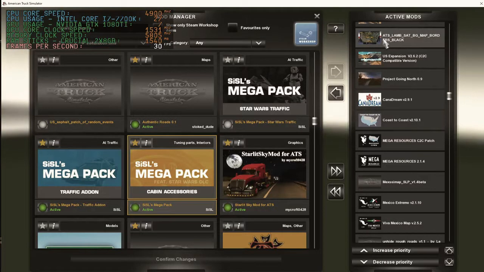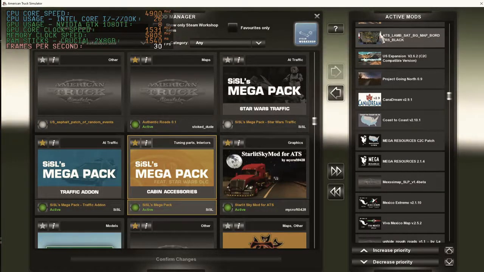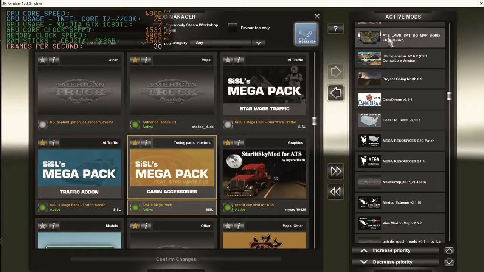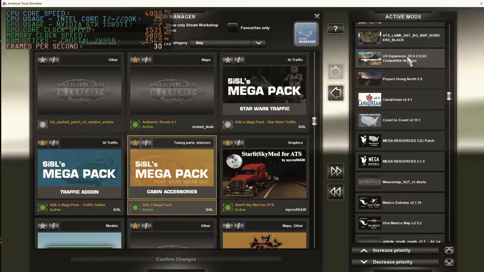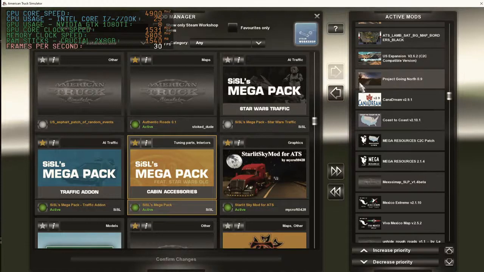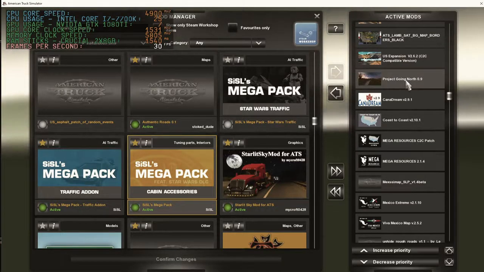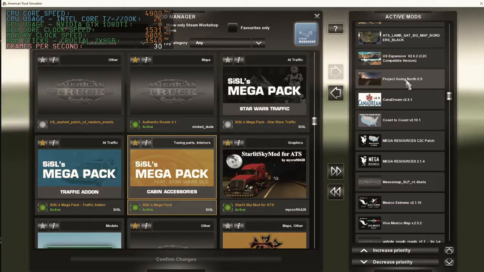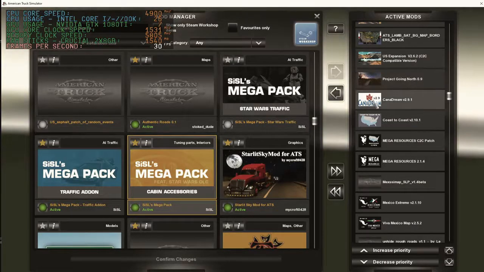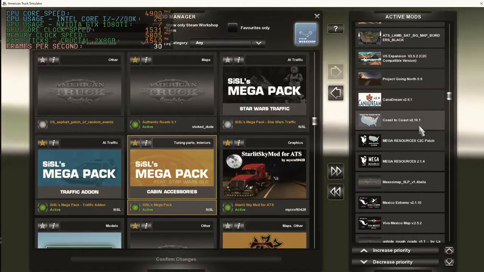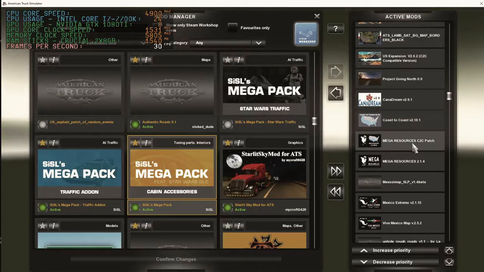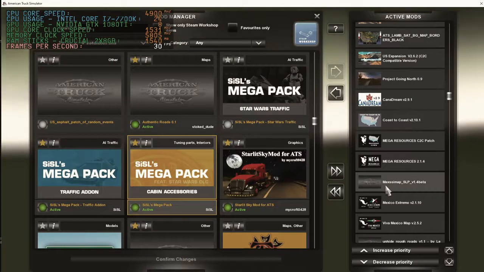So starting at the top is the satellite image for your main map, at the very top, and then you have US expansion underneath, project going north. I can't get project north to work in mine, which I understand is a more updated version of this, but this works with this setup. Canada Dream the latest, Coast to Coast the latest, Mega Resources patch and Mega Resources, and then Mexican map,